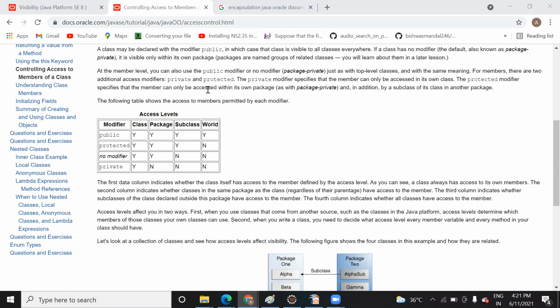So just see this. That's why I'm asking you to read this once so that you can remember it. Here, this access specifier and modifier are defining the accessibility. Y is for yes and N is for no.